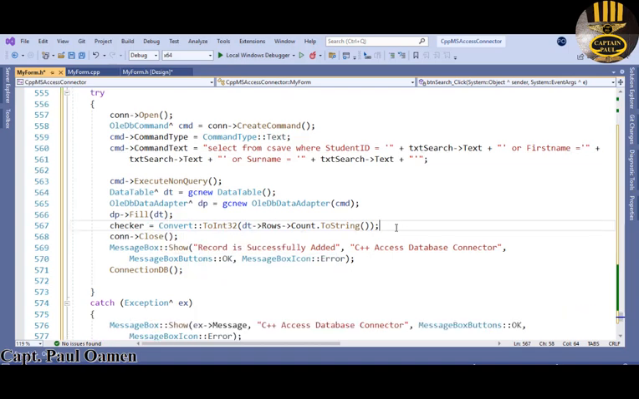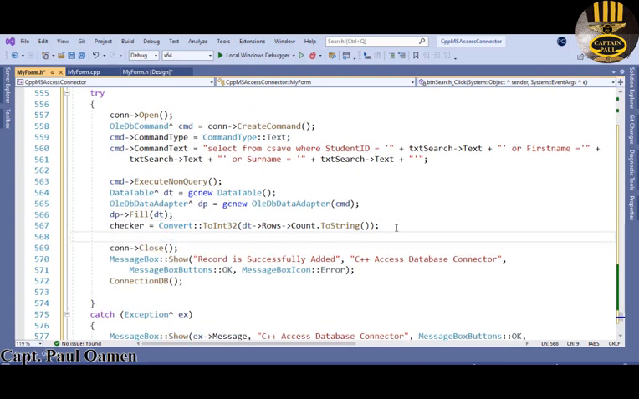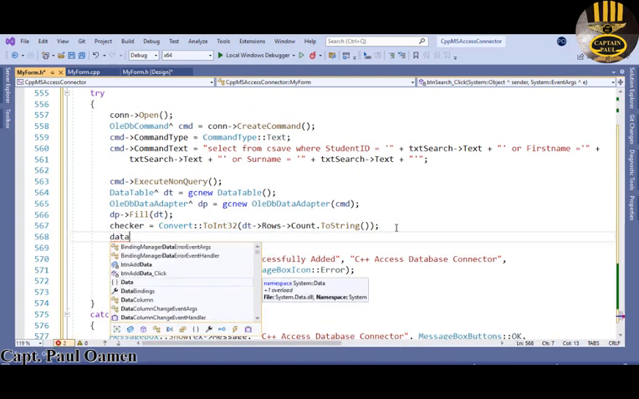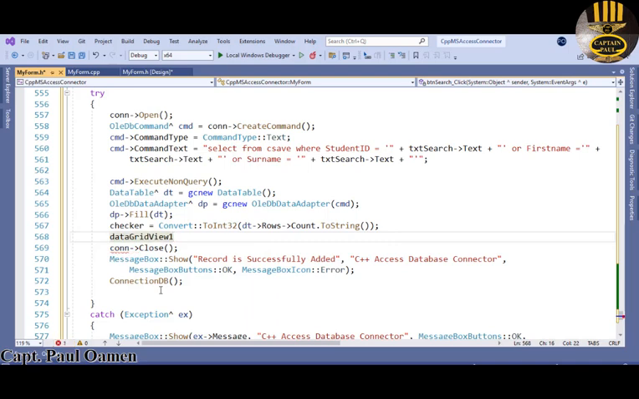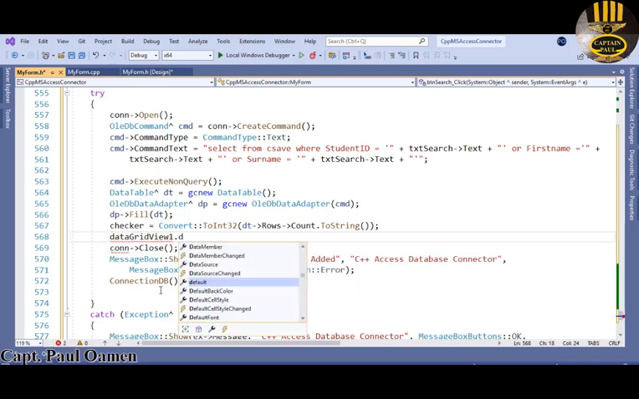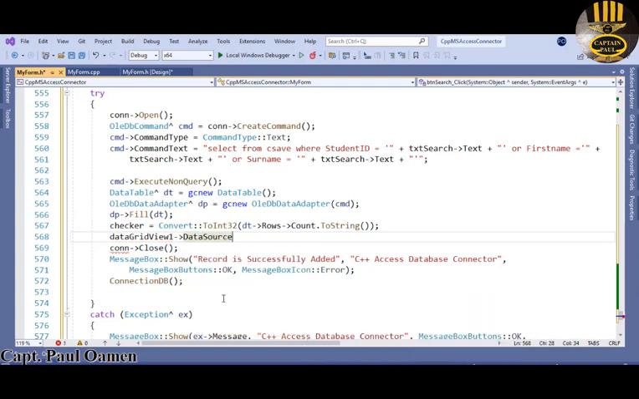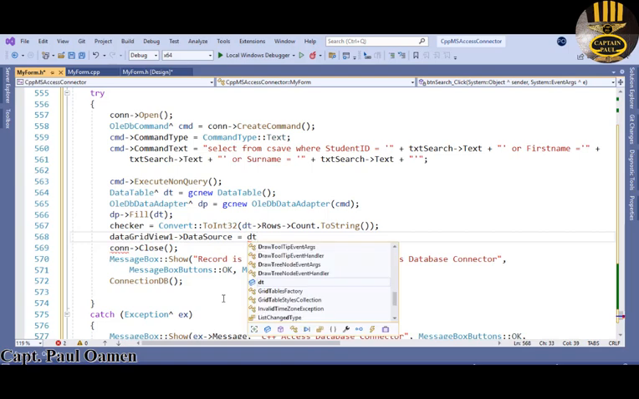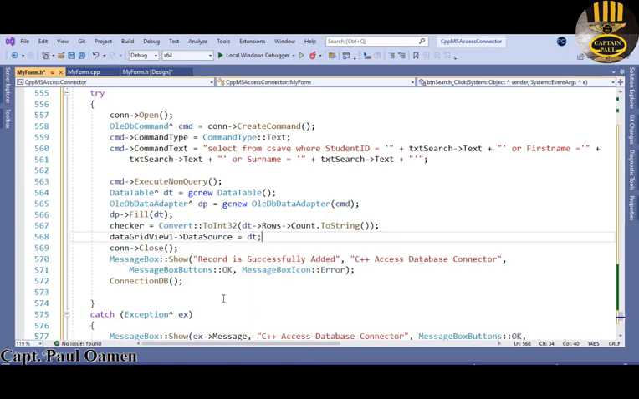So let's come down here, and I'm going to say data grid view 1 dot data source, and that will be equals dt. There we go. Now we can close the system. Okay, close the database. No error so far. Now,